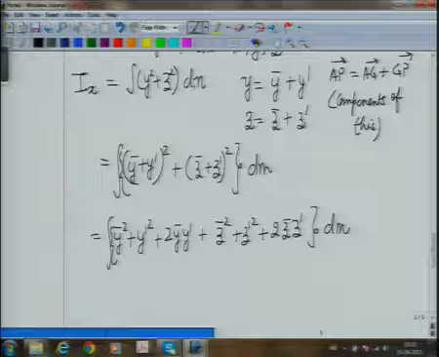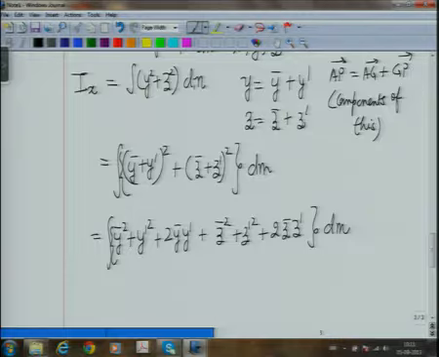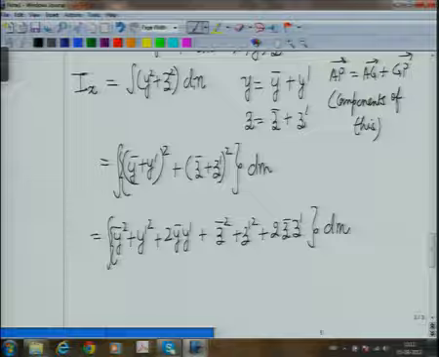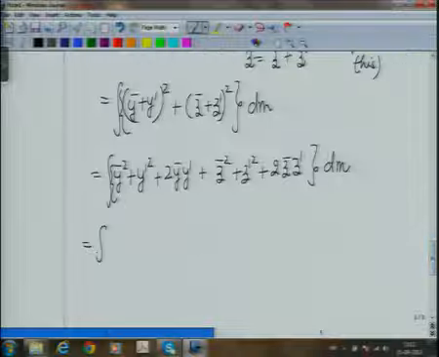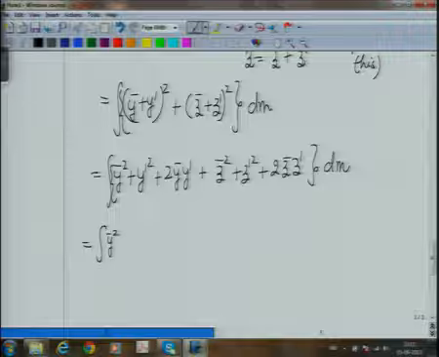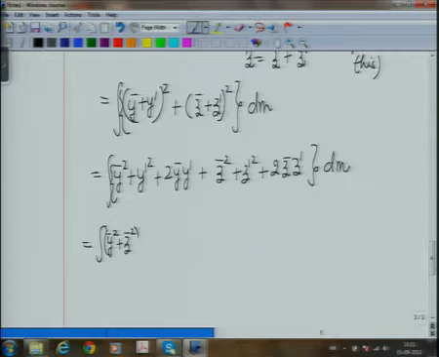So I have just expanded each of these. There are 3 terms in the first here, there are 3 terms here, so totally I get 6 terms. Now how will I club them? I will take it as y bar square plus z bar square dm. That will be one clubbing I will make. The second clubbing I will make is y prime square plus z prime square dm. And the third clubbing which I will make will be the 2 terms with the 2's. So let's do that. So this I can write as equal to integral of y bar square plus z bar square dm